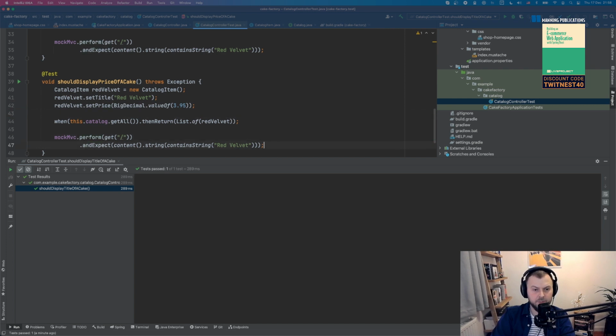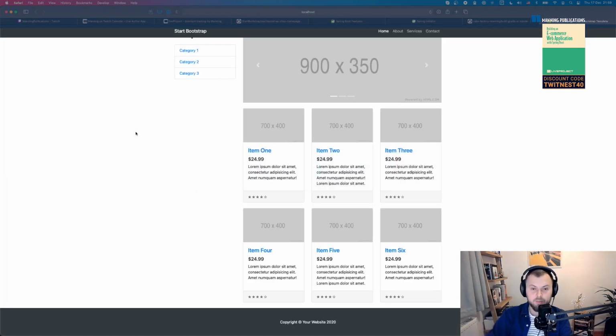Now 395, we expect it to include 395. I'm kind of cutting some corners now, because ideally you don't want to check that some value actually is just in the HTML output of your page. What you want to do is use HtmlUnit to find an element on the page, let's say find a particular card, and then within that card you want to test that the property is what you expect. Let's say the title is what you expect, the price is what you expect, etc.